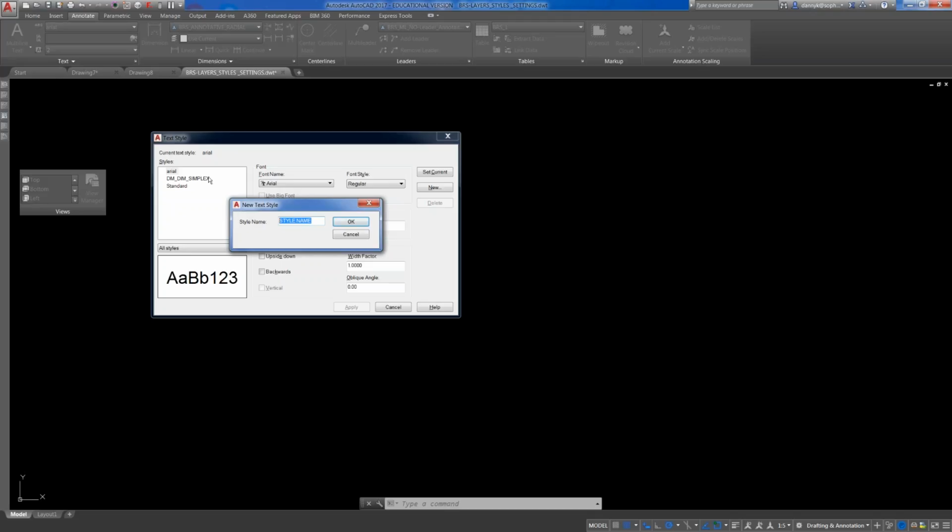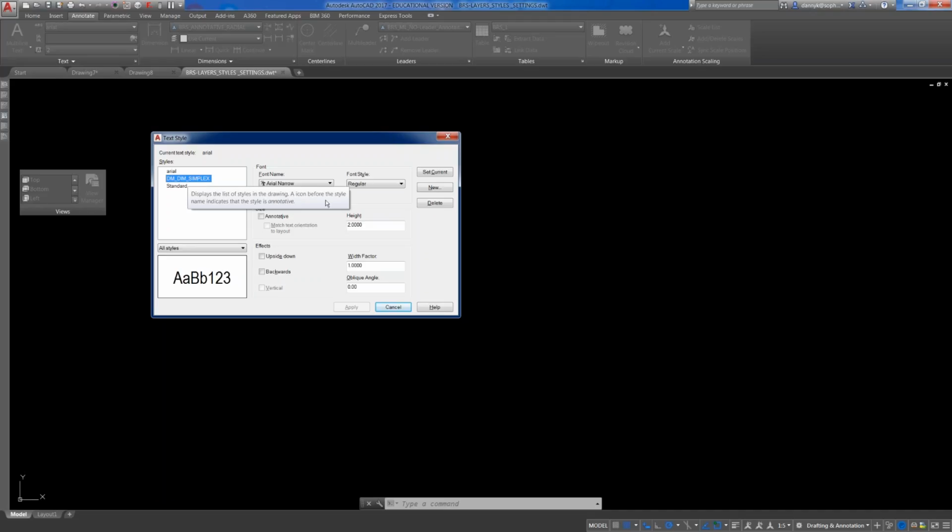Okay? As you can see here, in the case of Arial, I am using the font called Arial. But I have another case in which I'm using an Arial Narrow because it's used for my dimensions. Now,